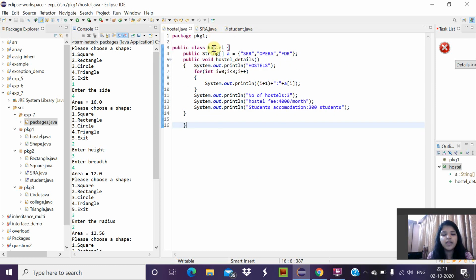Here in package 1, we are creating a class called hostel, creating a string array A. Inside that, we are declaring SRA, opera and FDR, and we are defining a function called hostel_details, where we'll print hostels and get the values from the arrays using a for loop, and then print them. Coming out of the for loop, it will print number of hostels as 3, number of hostel fee as 4,000 per month, and student accommodation as